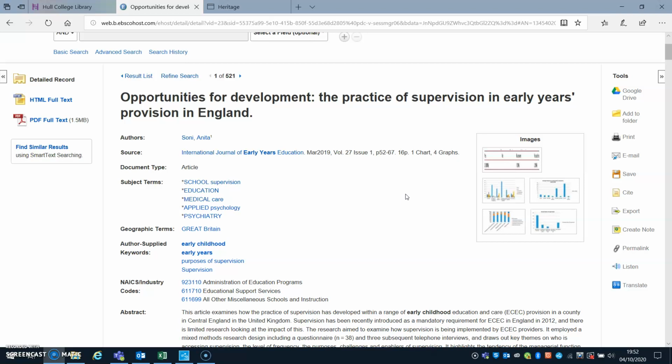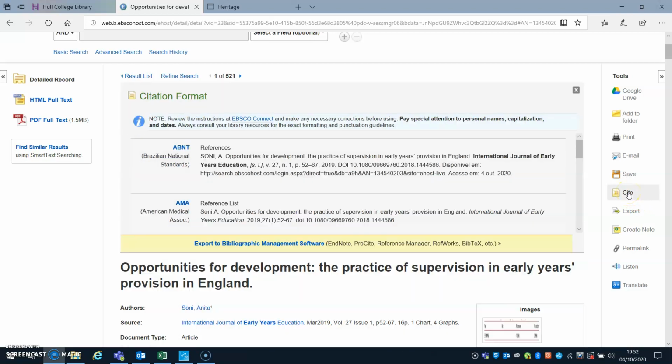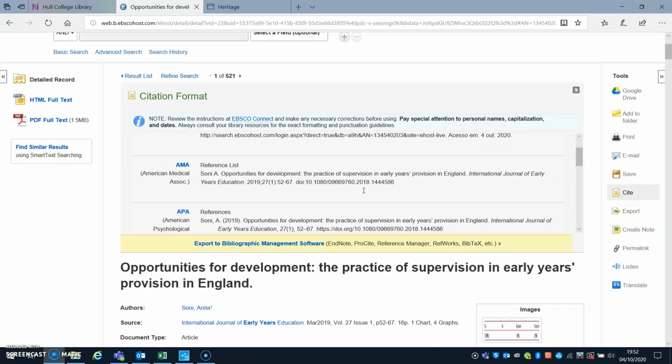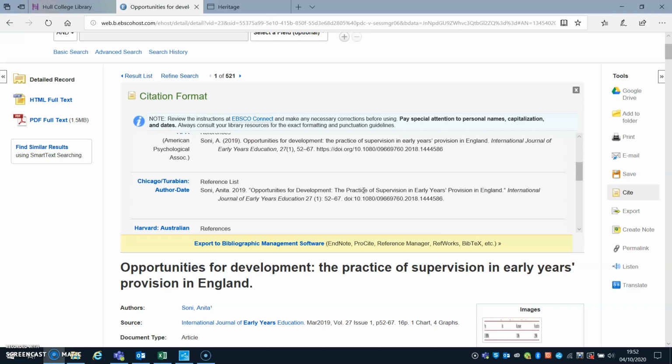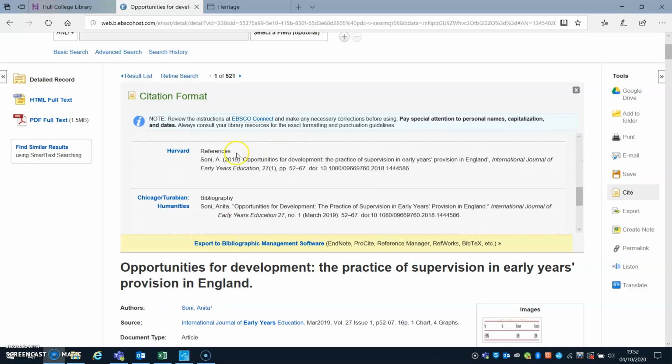So if you are going back to your searches and you haven't got time to read the article there and then, it's a good idea to save it because then you can go back. On here as well, we've got a citation button. So when you're doing your referencing that you need,